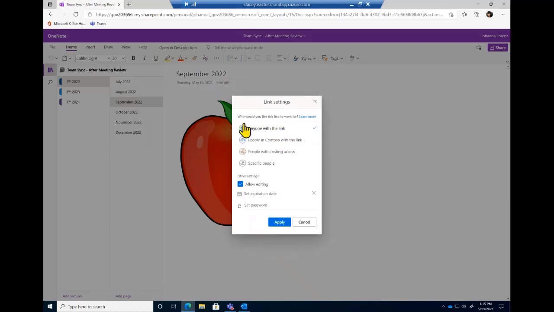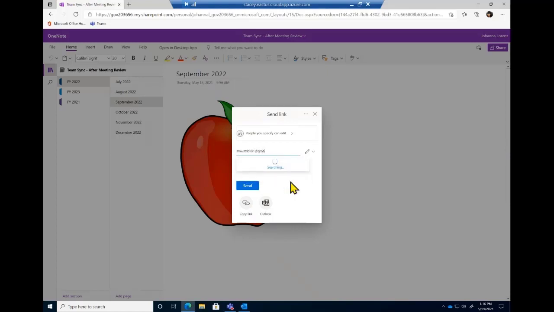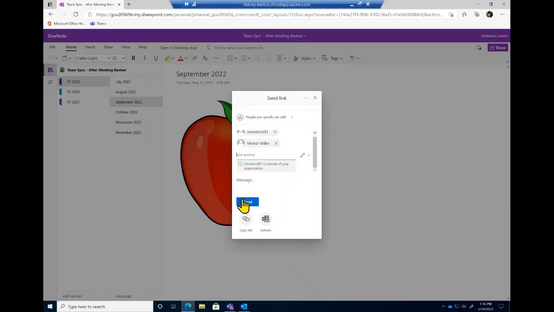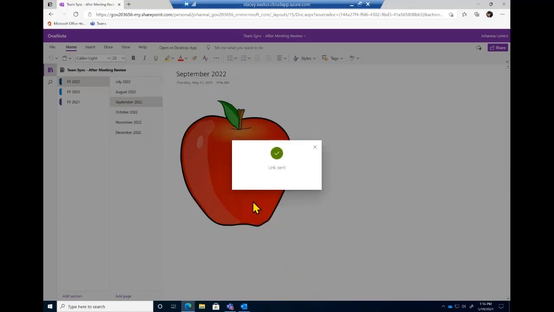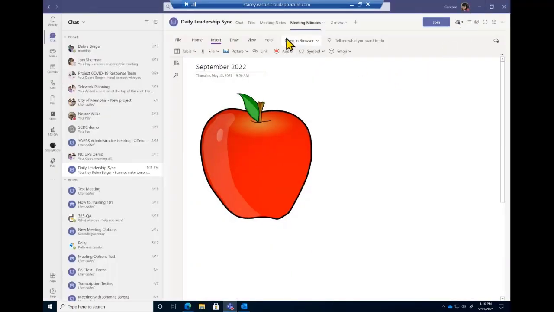You probably have this part turned off from your organization, but if I wanted to share it with someone, I could just come in here, add a Gmail account if I needed to share it with somebody outside of my organization. I could share it with somebody inside of my organization. I could copy the link, or I could just send it with the message, and then I've shared this. It's just that simple to share out your notes. It will be the same concept when you're sharing other files from here as well.